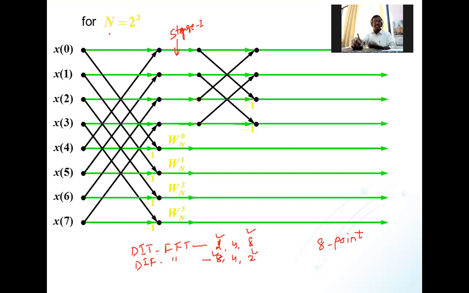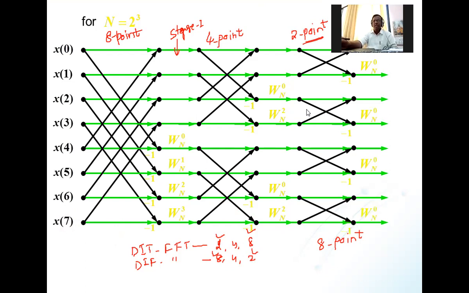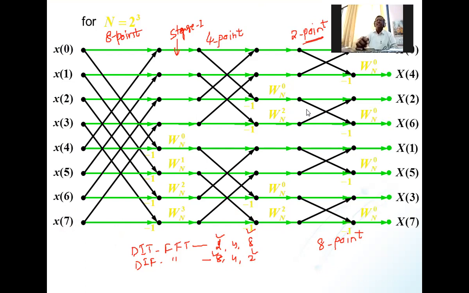Then again, this is 8 point computation, and this is again a 4 point computation. And then further, we'll calculate the 2 point computation. This is again a 2 point computation. So this is the way we are calculating the values of the DFT, or we can say the DIF FFT algorithm computation, we are performing with this diagram. So finally, we'll get the values in